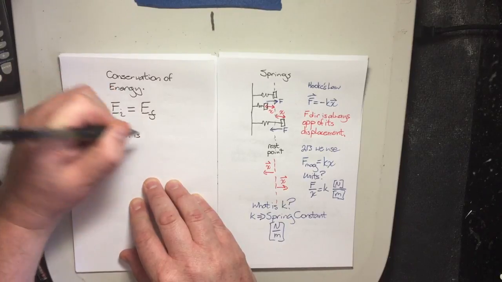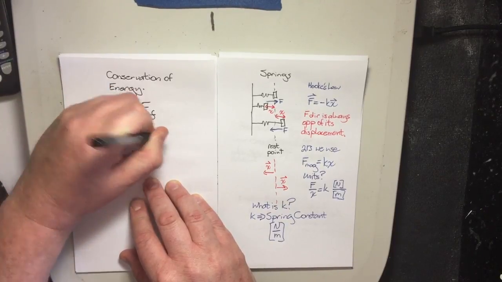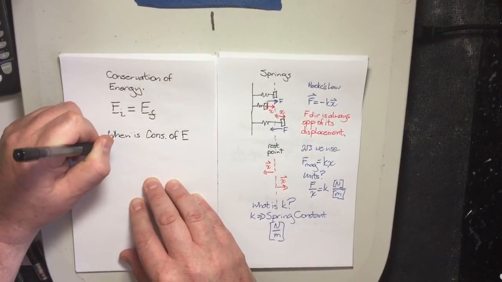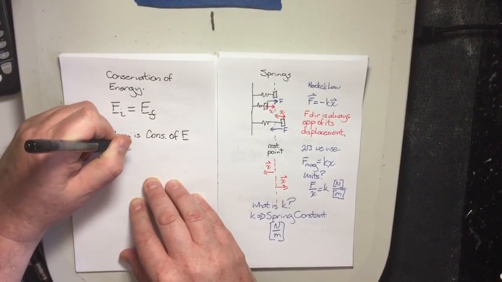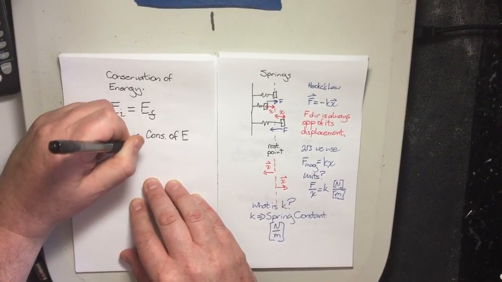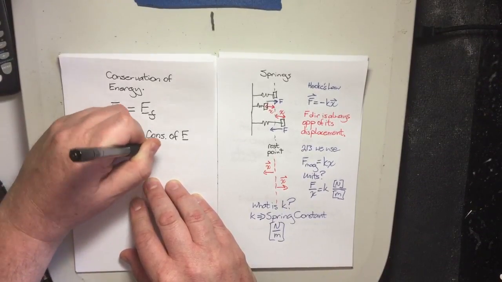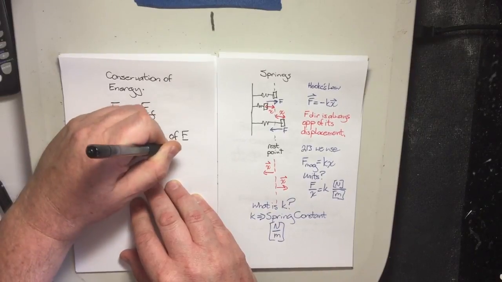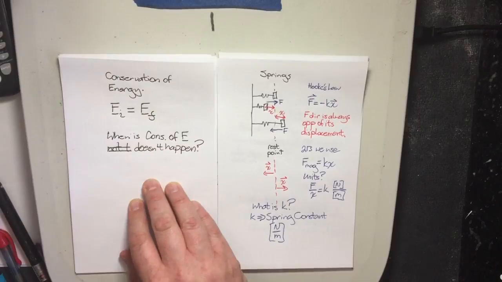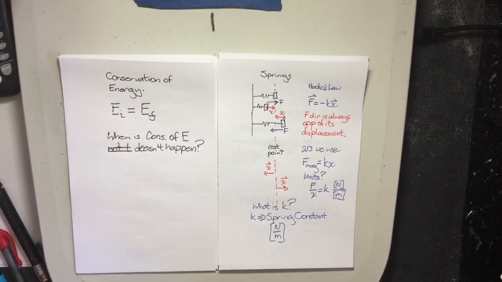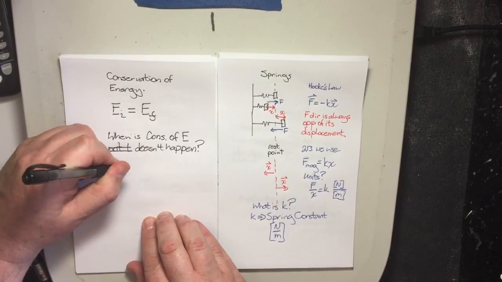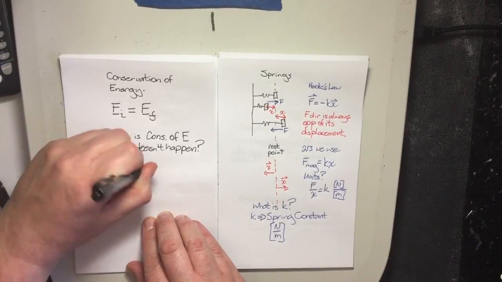When is conservation of energy not, probably better word, doesn't happen? When you change the system, namely the biggest source, if I say there's friction,